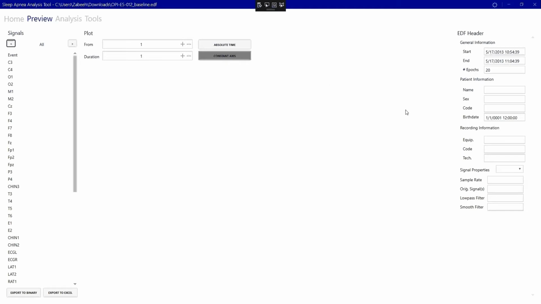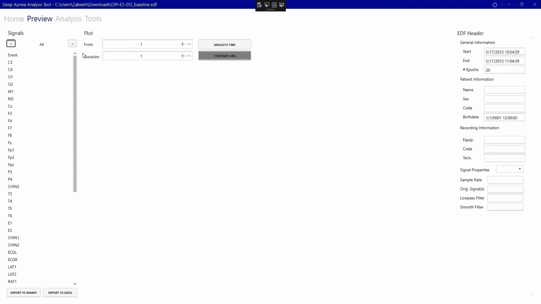On the right hand side, this is the metadata information of the EDF file and of selected signal. In this particular EDF file, some of the contents have been removed. That's why it's blank. The top hand side has controls that allow you to navigate through time for the selected